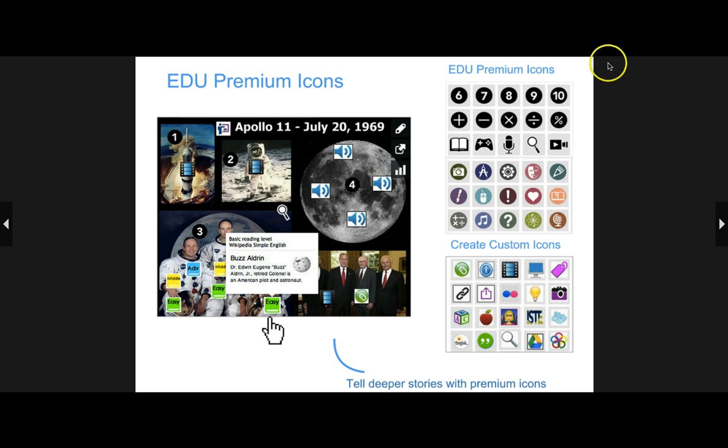Here you can see these Edu Premium icons are already available. And so when you go to add a tag, you can choose from these. You can also create your own icons if you want to make your activity even more unique. And I find that using these icons is one of the most powerful things about ThingLink, because students can look at an activity right there, right in front of them, and choose the resource that works for their unique learning